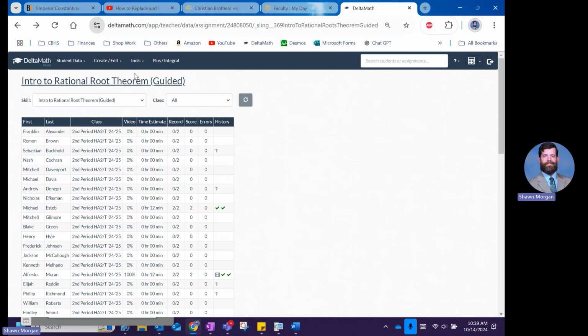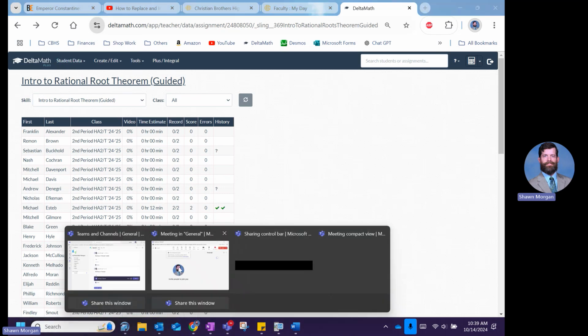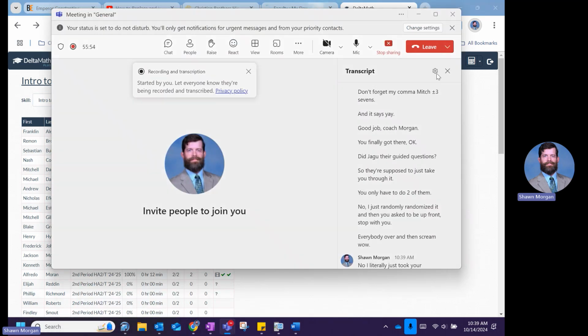No, I just randomized it. And then you asked to be up front, so I'll put you up. Maybe computer moved everybody over and then scraped. No, I literally just took y'all's,